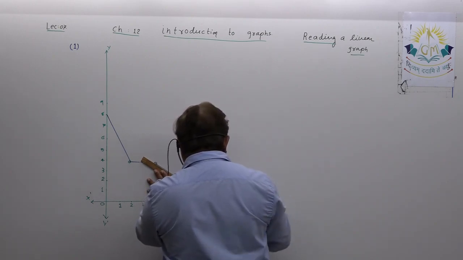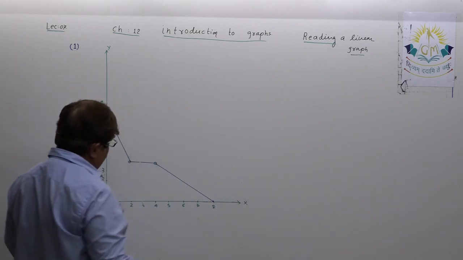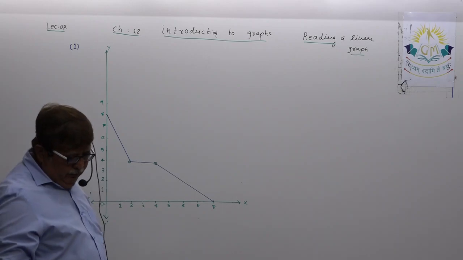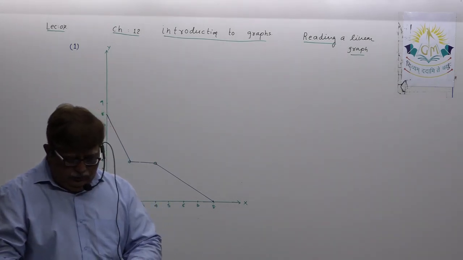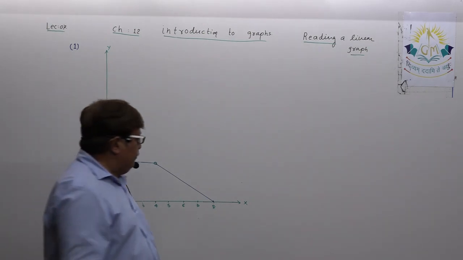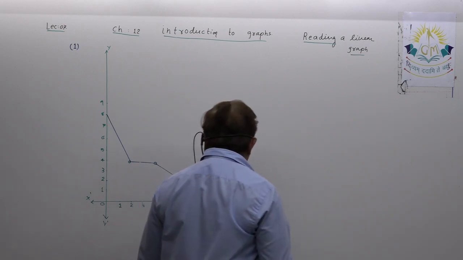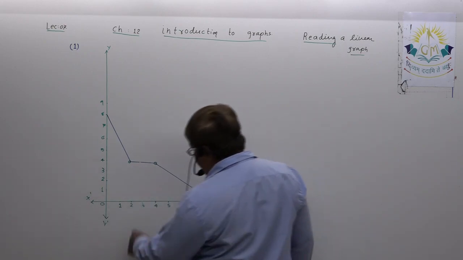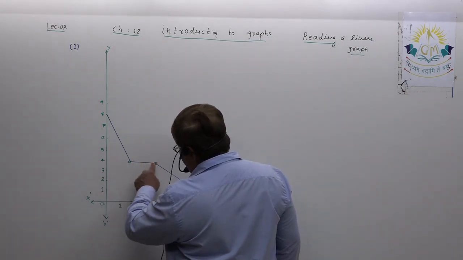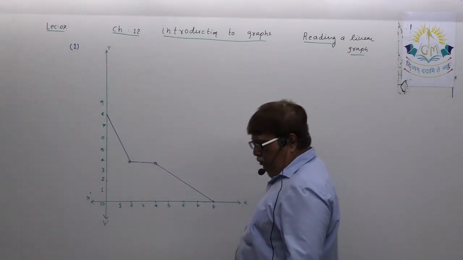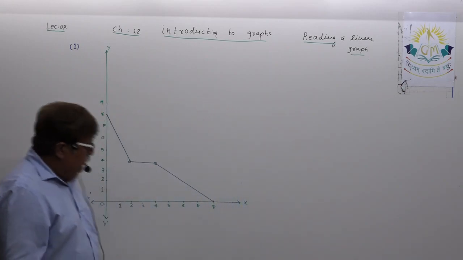This is the graph given to you. Okay. This will be given to you in the test. First you draw the graph. These 2 points, 2, 4 and 4, 4, just to help you draw the graph. Okay.